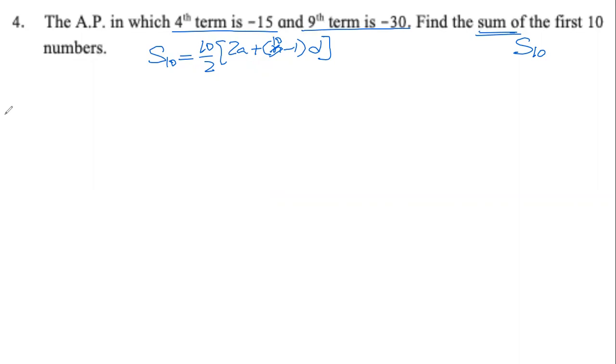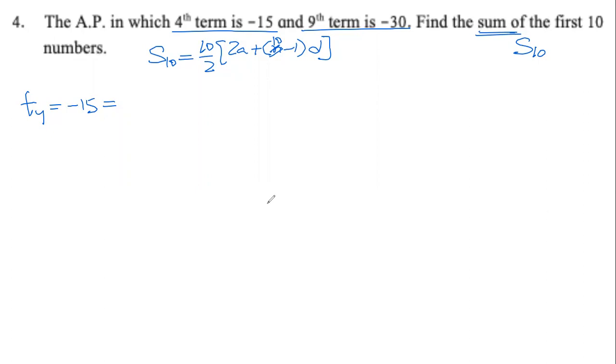Now you know what needs to be written. I'm writing part of the equation, you complete it. If I write T4 equals to minus 15 equals to, what shall I write here? These are the first steps of the question. This question will be a long question. It will have say 3 or 4 or 5 marks. We will reach S10 only when we have A and D. So there will be steps, there will be marks for writing the steps. So first step is T4 equals to minus 15 is equal to how much?